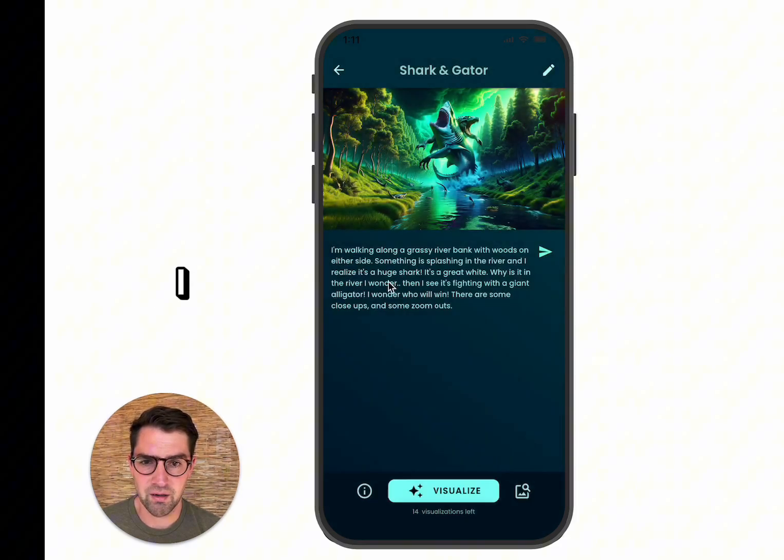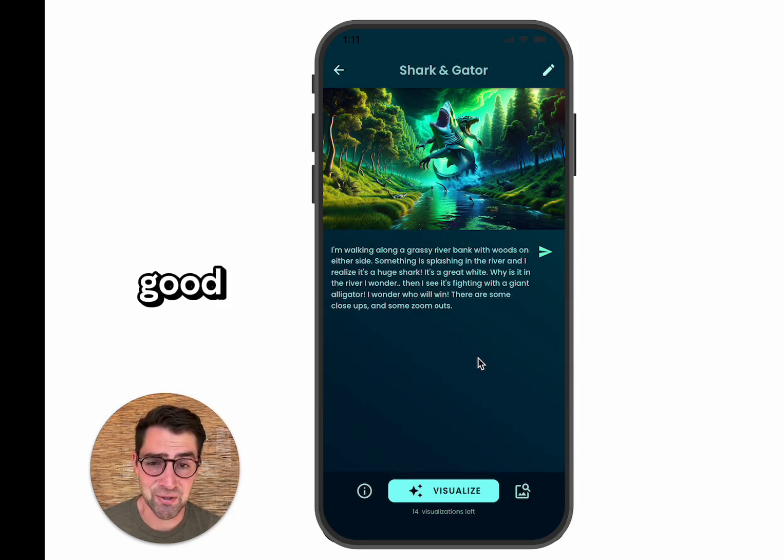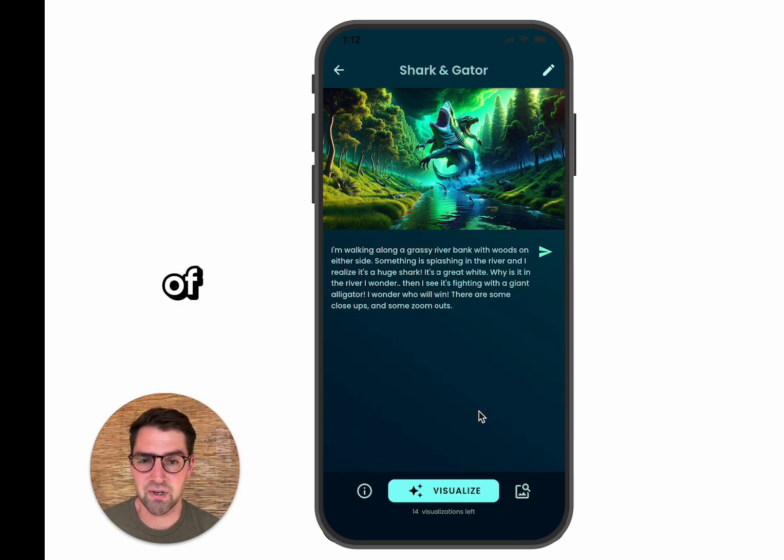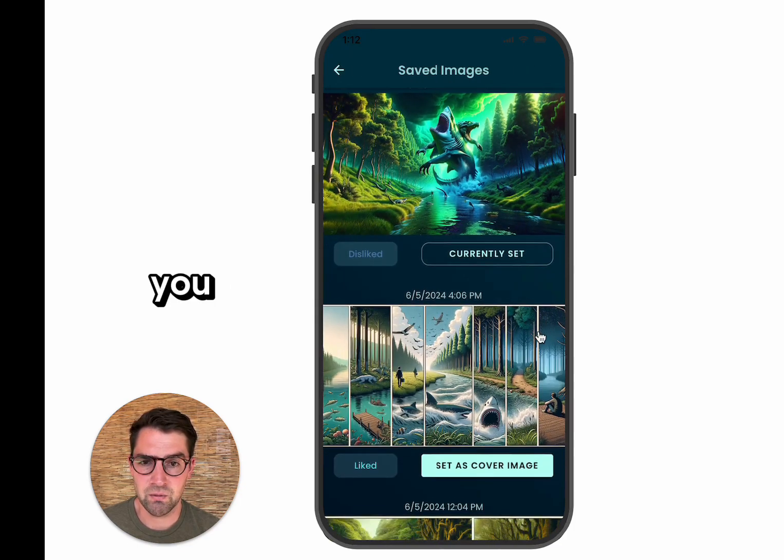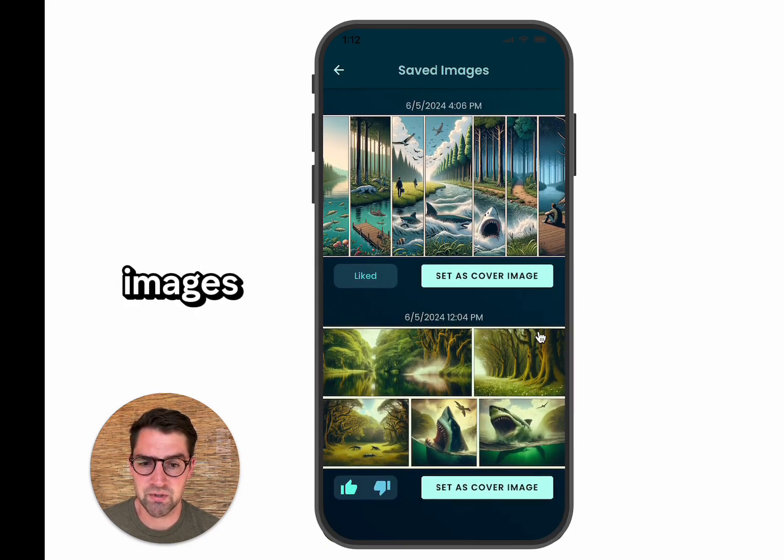So here I did the whole dream, and this is the summary of the dream. And now it's not perfect, but it's good enough to represent what I dreamt about. So if I wanted to share this and show somebody, hey, this is the dream I had last night, they'll get the gist, and then I can explain the details later. And if you're not happy with the first version of the AI generated image, you can create more, and you can save them here. This little icon here gives you all of the saved images that you've created before.